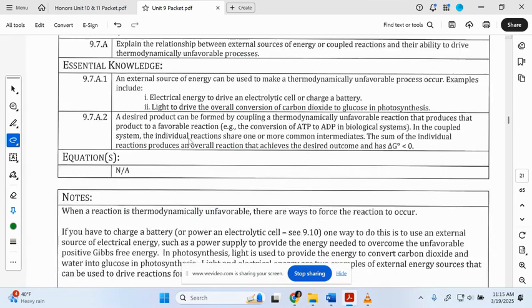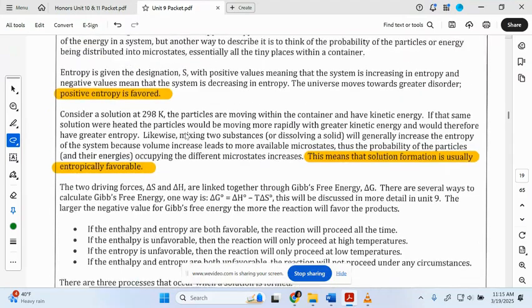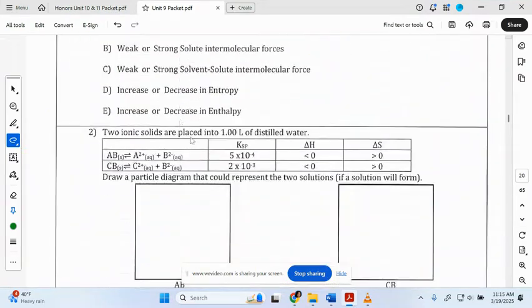All right, moving on. Nope, we're not ready for coupled reactions. Did I get through everything already? Maybe I did. Oh, that is it. Yeah, we'll do